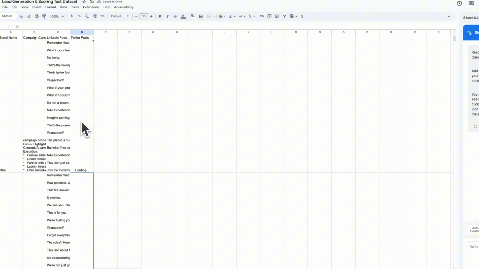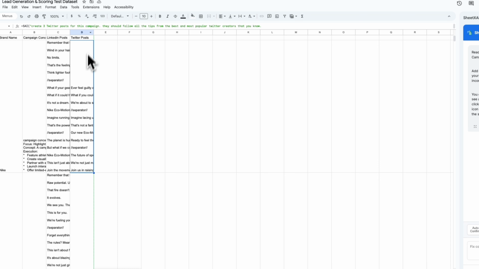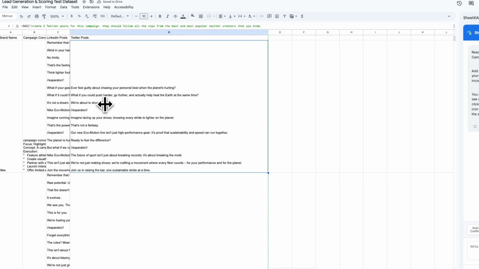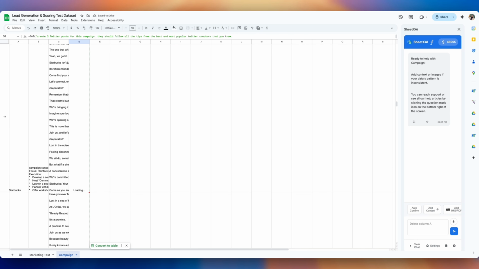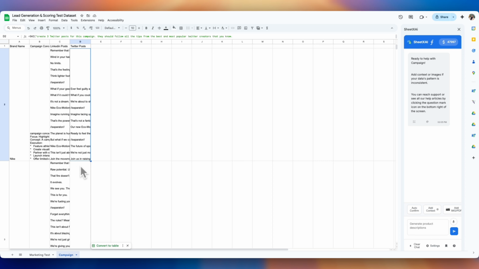So I use the same type of prompt for Twitter, right? With the clear separator. And once I figured out the perfect separator that the AI never messed up, I just kept using it every single time, right? So then we move on to the next thing, which is